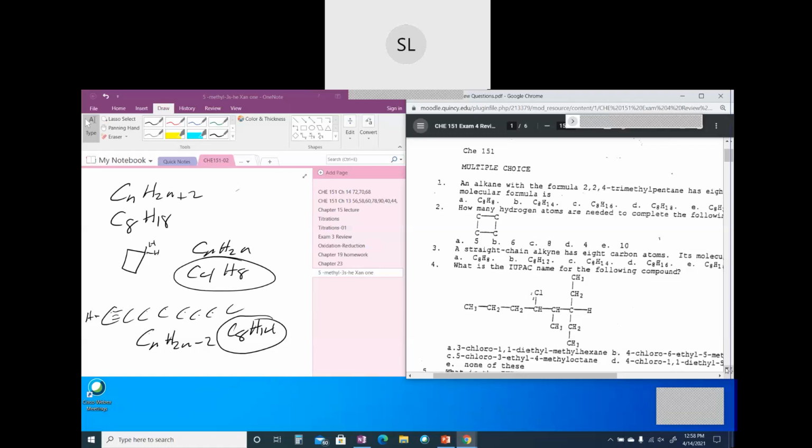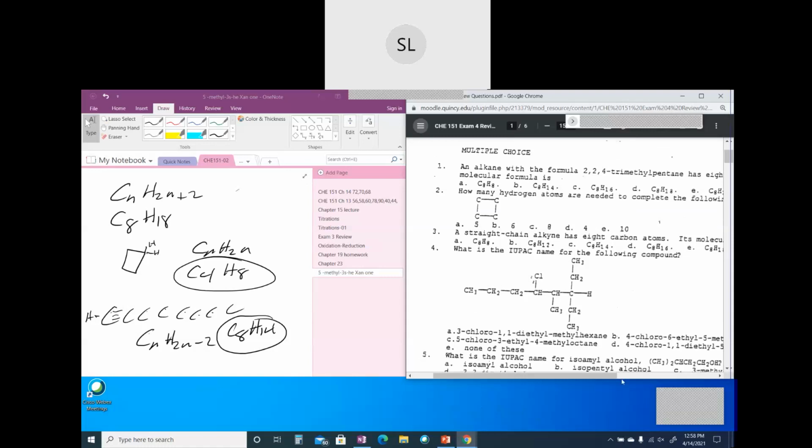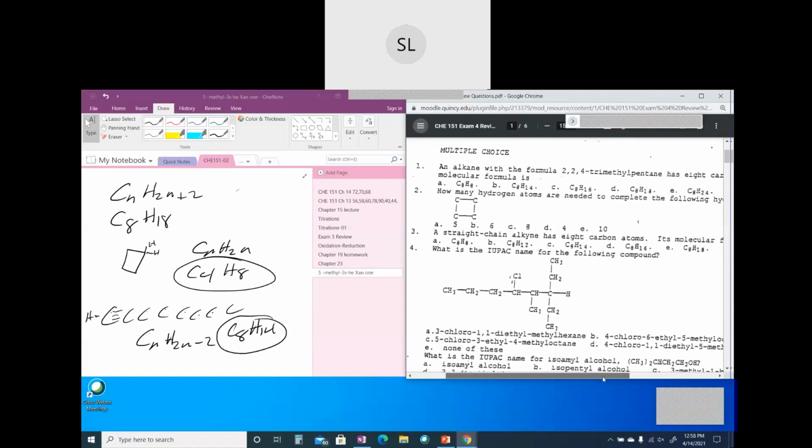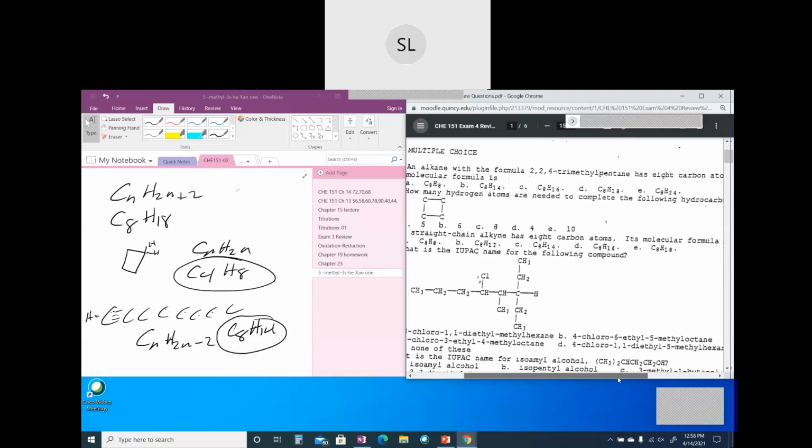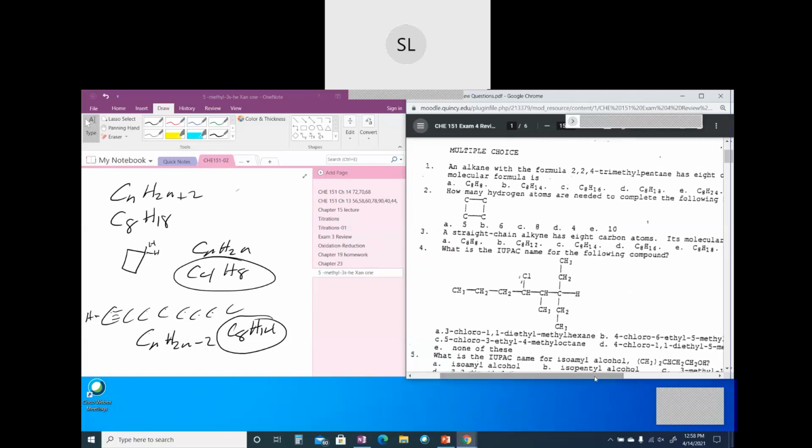All right, and of course, the hardest thing about this one is finding the longest carbon chain. And when it's multiple choice, let's see, longest carbon chain. Well, if it's an octane, you're going to have 2 choices. So you got your 1, 2, 3, 4, 5, 6, and then either way, up or down, 7, 8. So you have your 8. All right, and so then you can name it as a